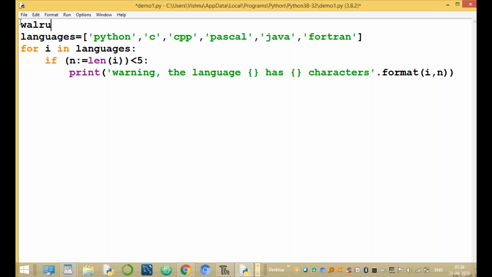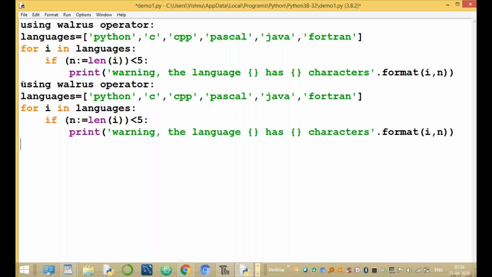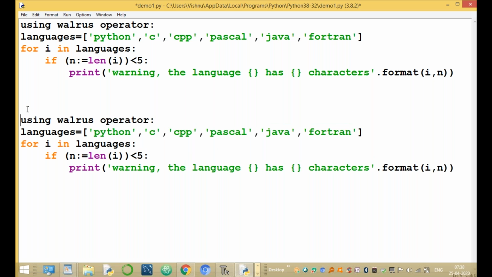Now the same example without using the walrus operator.